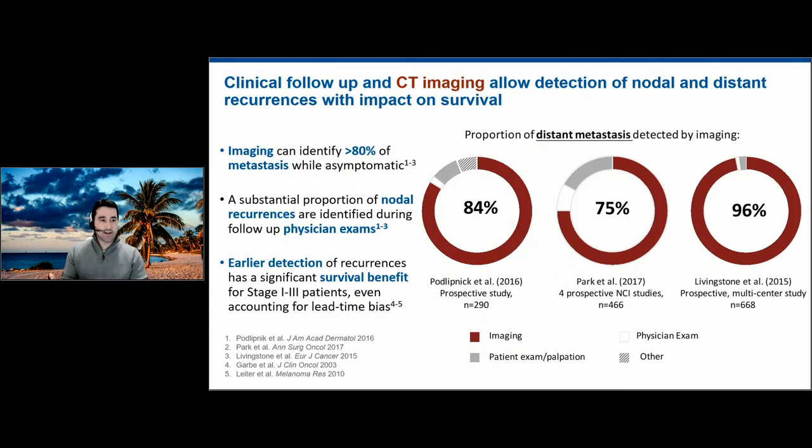Another busy slide here, but the summary is that several contemporary studies have demonstrated that imaging, when part of routine surveillance, is an effective means of identifying distant metastasis and may actually facilitate earlier detection of recurrences, which has been shown to lead to improved survival. Again, this is solidifying the chain of evidence that finding earlier disease is beneficial, and this can be done with